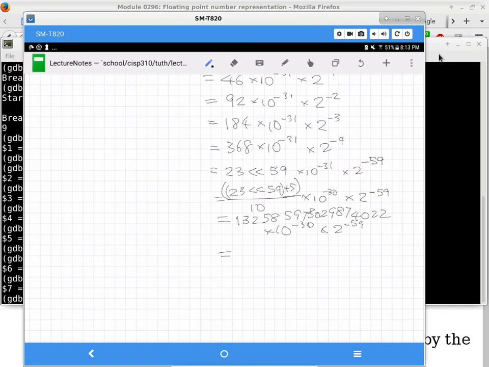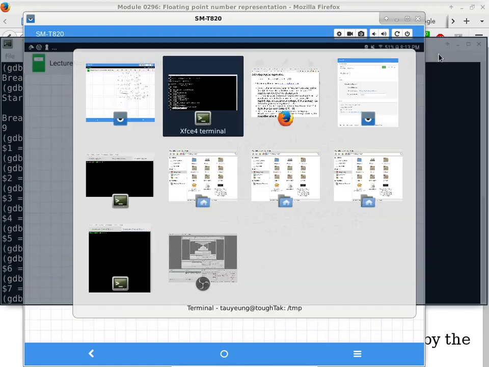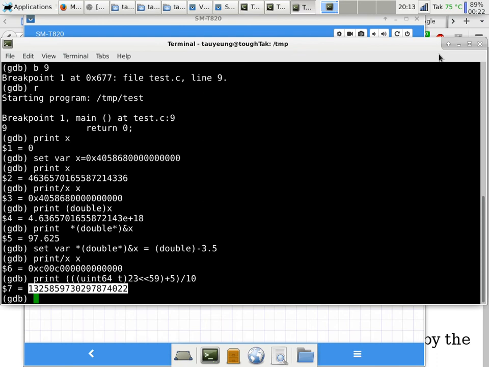Okay, so the way to do it, I can do it in GDB. I'm going to look at this number, and I can say just $7. This is the really cool part of GDB: you can refer to an earlier computation result just by referring to the dollar and then the number. So this way I don't have to copy and paste and redo the calculation. So I can do a bitwise operation. Now if I really want to be sure, I can do the typecasting again, because sometimes I'm not really sure and it's just good to typecast again.